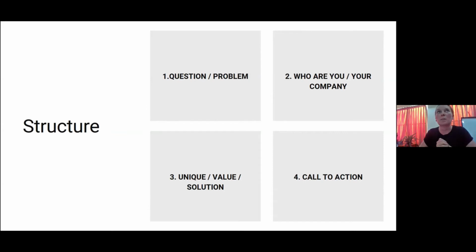about the problem, like, whatever, heated seats in a football stadium. You should really create the mindset that people are freezing. People feel uncomfortable in the football stadium, but we are selling heated seats for the stadium. You know what I mean? It's very good to start with a question or a problem to really get the attention of your audience. And then, of course, in the second step they would like to know who you are, or who's the company who is going to deliver the solution.